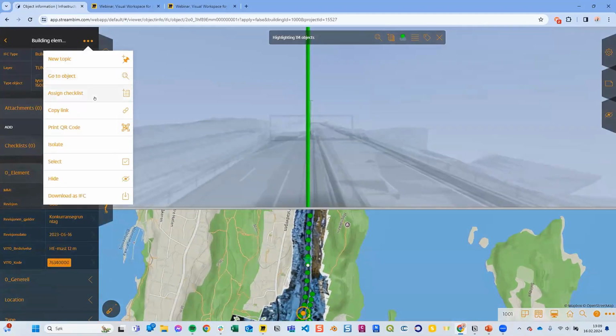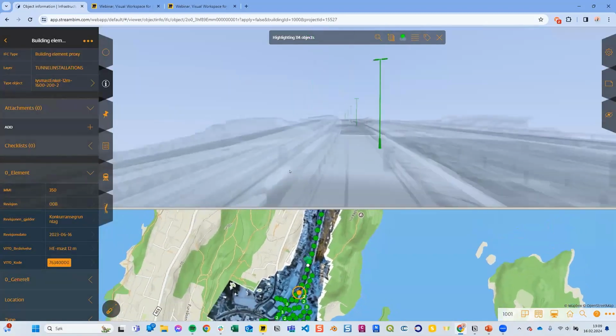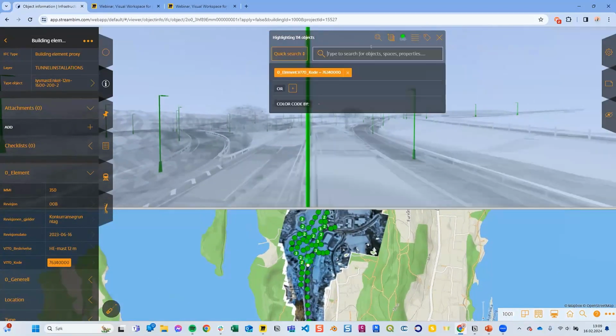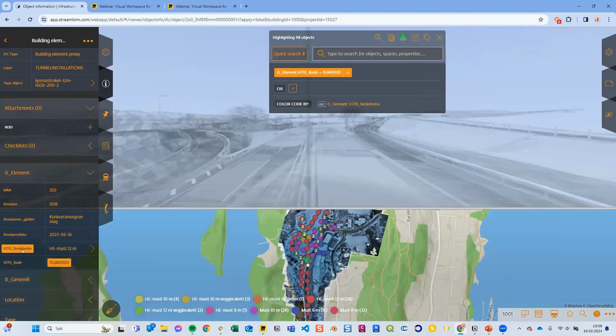But I need to filter this a bit more. I click on this property, which I found sorts them into different types of lampposts. If I click on the property itself, not the value, I will get all these.